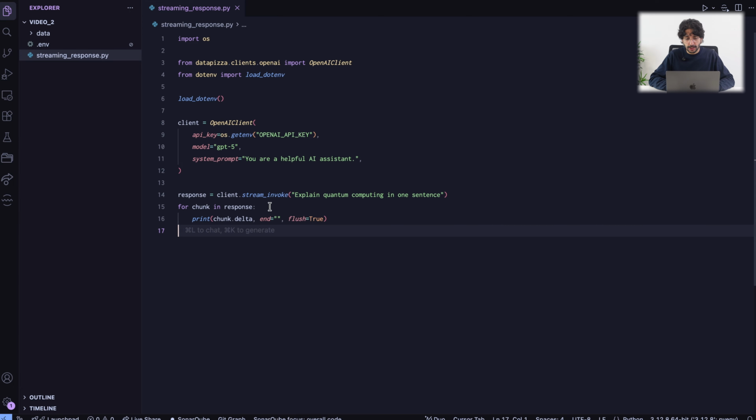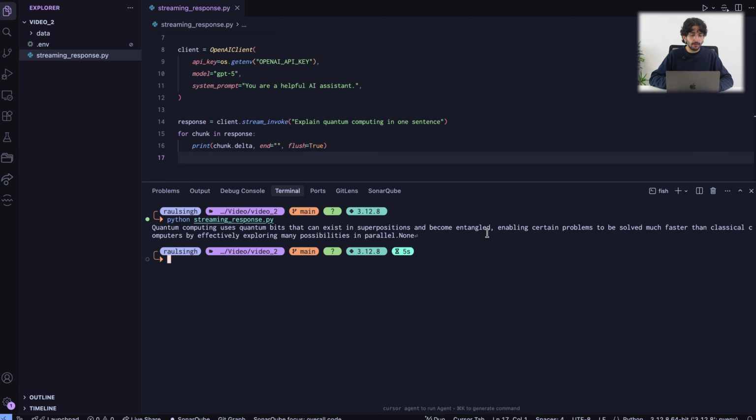So in this case, for chunk in response, we print chunk.delta. Delta contains the new token that was generated. And this way, I can print my response token by token. So if I run this code, as you can see, my response was generated in a streamed way. I did not have to wait until the whole response was generated. So this makes for a way better user experience. And you can also, for example, compute the time to the first token. So that's it, you are streaming responses. This is the key element to build responsive and user-friendly applications.